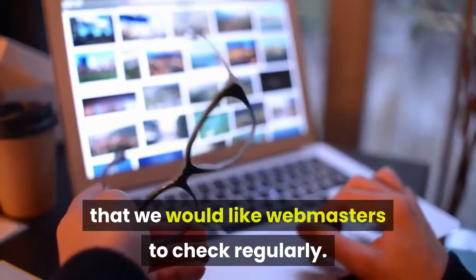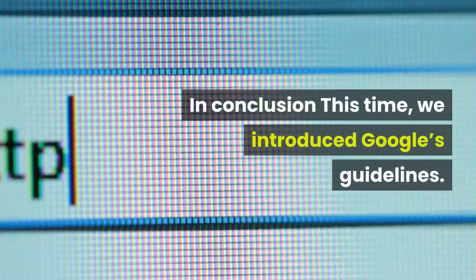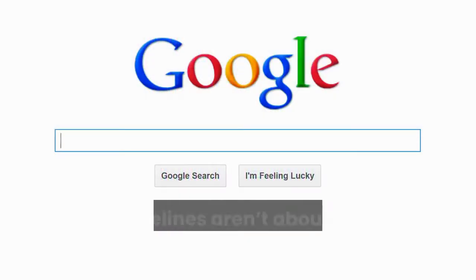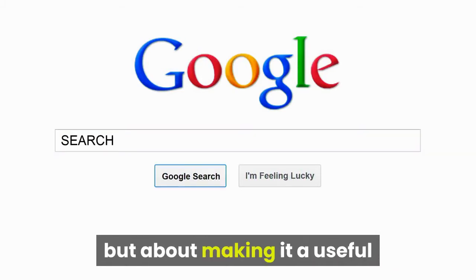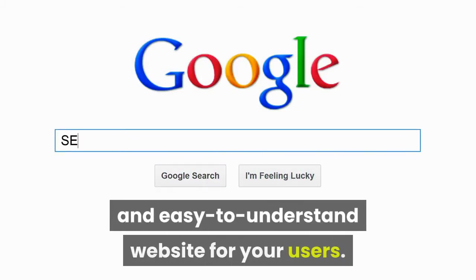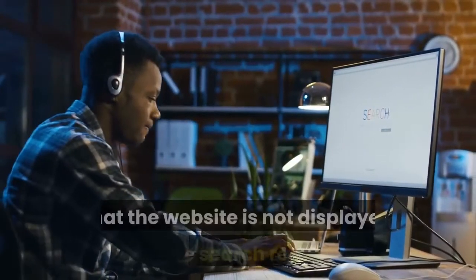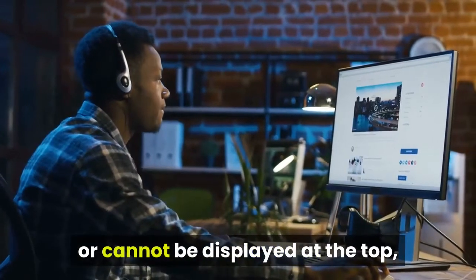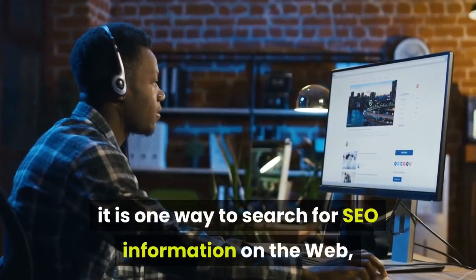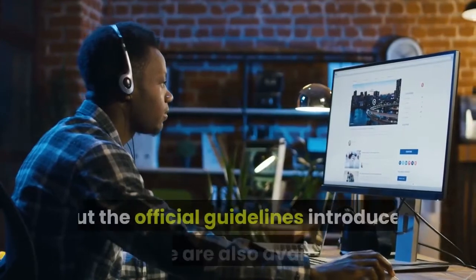In conclusion, this time, we introduced Google's guidelines. The guidelines aren't about making your website friendly to Google, but about making it a useful and easy-to-understand website for your users. For those who are worried that the website is not displayed in the search results, or cannot be displayed at the top, it is one way to search for SEO information on the web, but the official guidelines